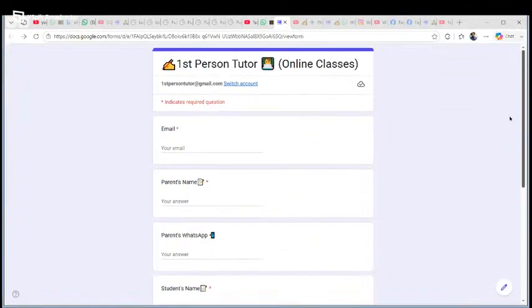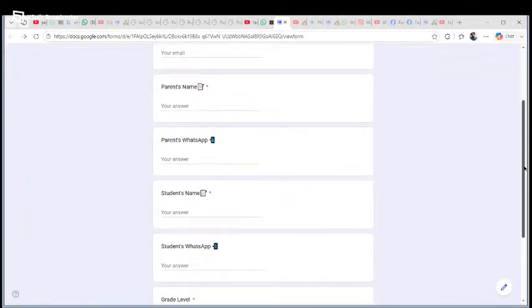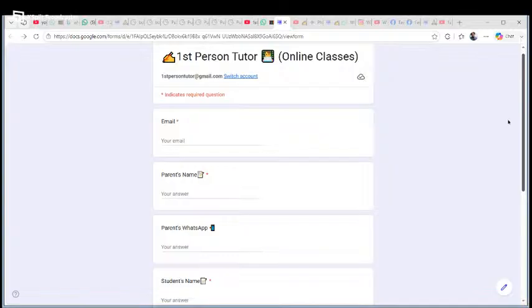Alright, so I have a lot of work to do. I have to find out which video is the most accurate depiction of the most recent form that I've created. This page 1 is identical to both first person tutor and We Still Learn, so it looks exactly the same.